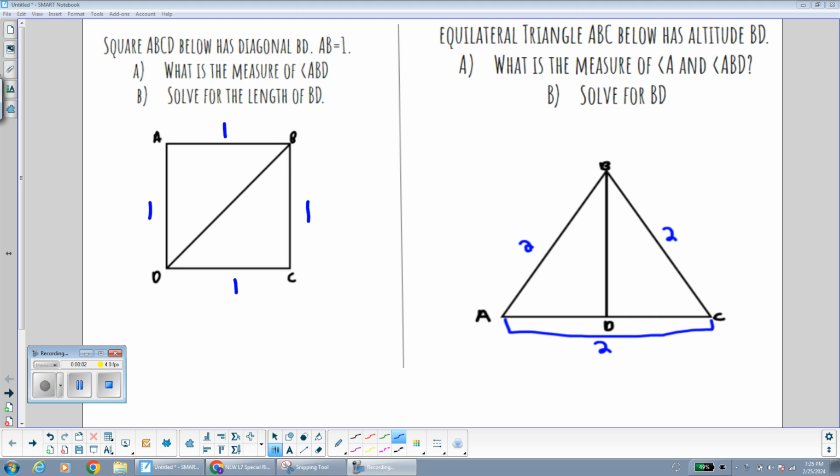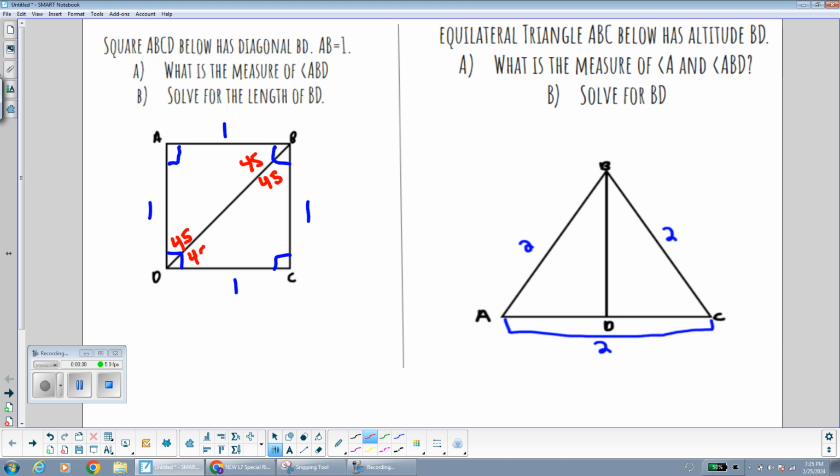Imagine we have a square that has a side length of 1. First, we're going to find the measure of this angle right over here. We know that squares have corner angles that measure 90 degrees each. And since squares have rhombus properties, the diagonals bisect the angles. So that means this 90-degree angle is being split in half into two equal parts, as well as this 90-degree